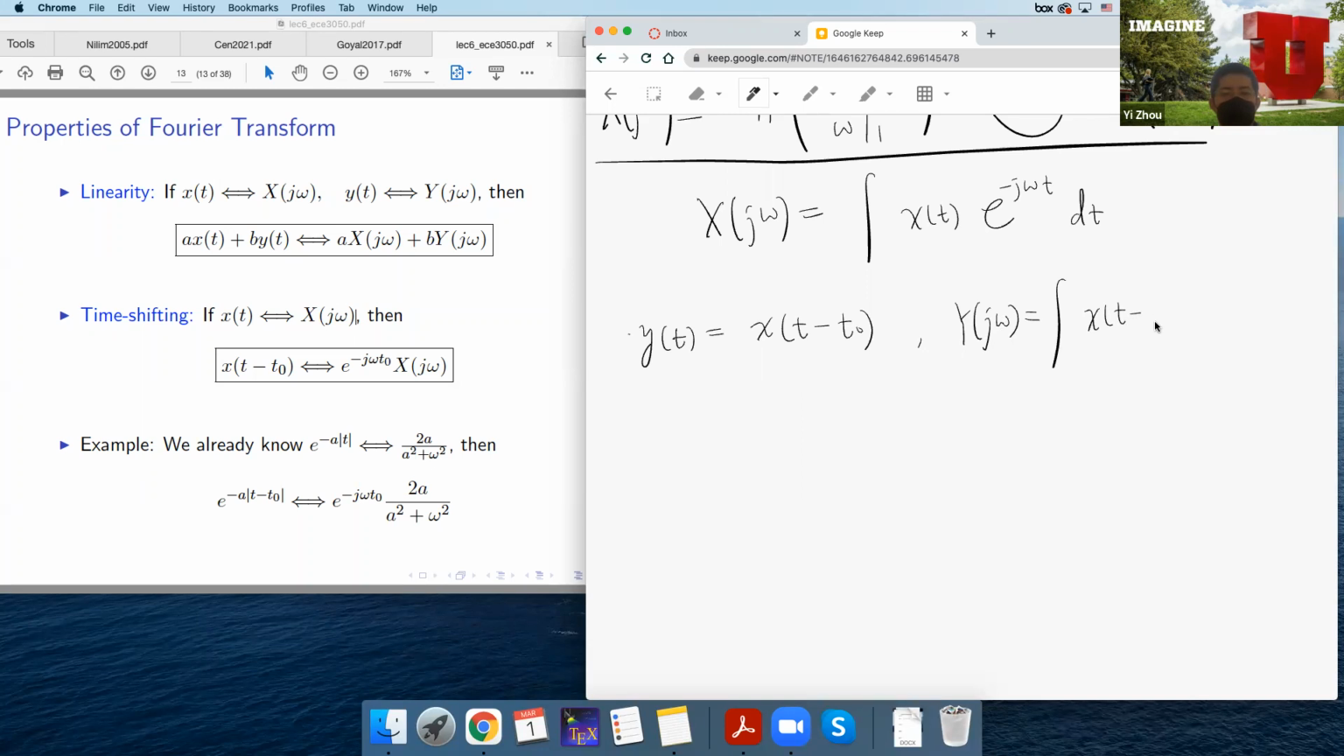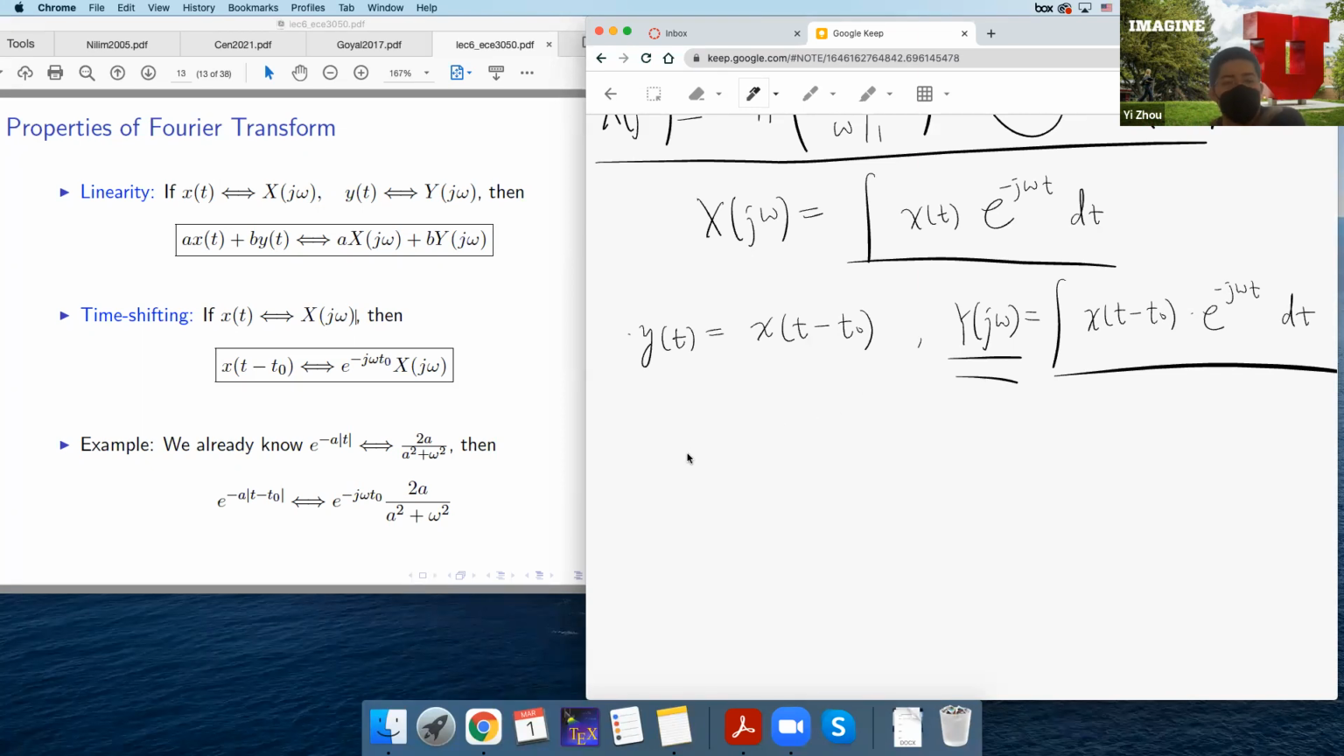the integral of y(t) times e to the negative jωt. Right, so this is the Fourier transform of y(t). We want to look at the Fourier transform of y(t) and then relate it to the Fourier transform of x(t). So if you compare these two integrations, you can see that the difference here is t versus t minus t naught. So this